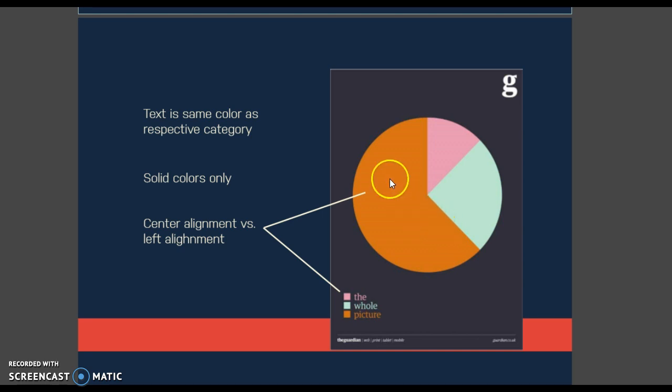Also, I noticed that the color of the text matches the color of its section within the chart as well as the boxes. And something that's interesting is that they use center alignment, which is something we usually don't do, but they contrast it well with the left alignment of the text down here, and I think it balances really well with the logo up here in the top right hand corner. And then, of course, the information at the bottom is just along the edges, so it makes for a very